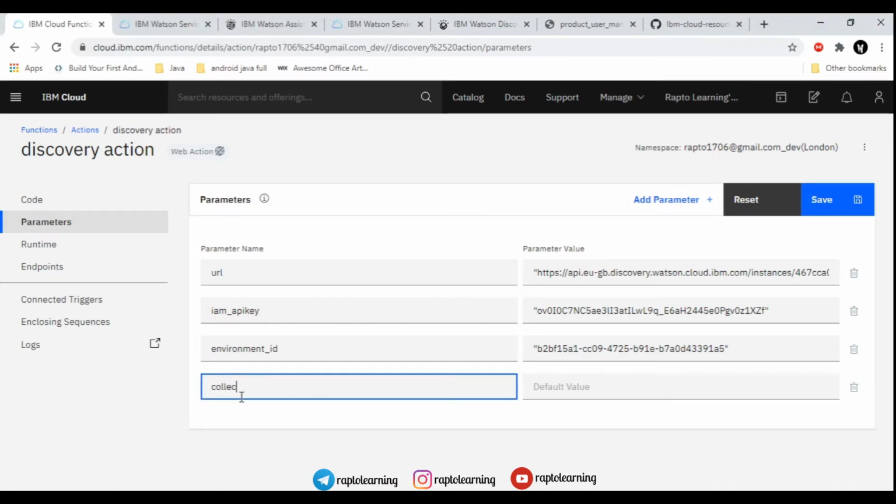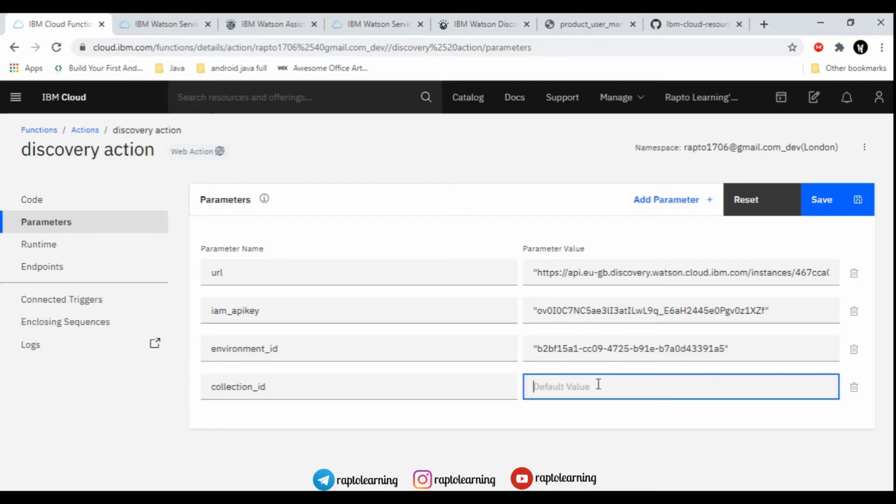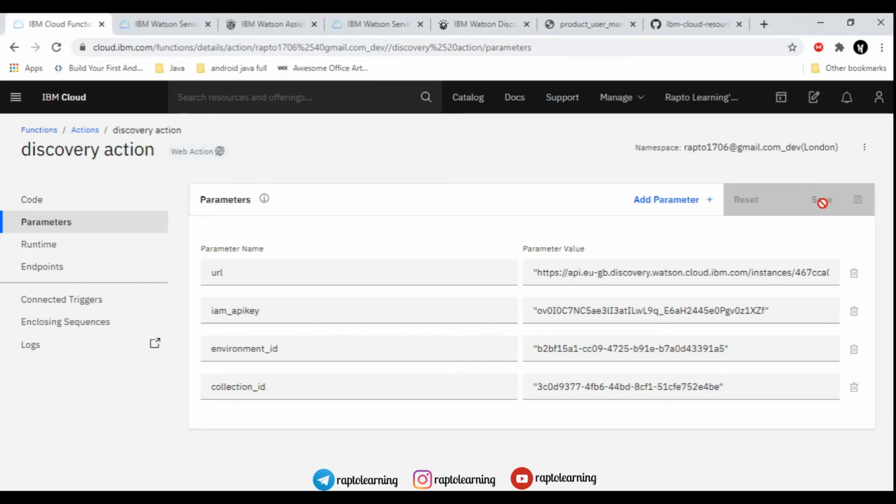We will also require one collection ID for that. So we will create another parameter, that is collection ID. As you have guessed, we have to go once again to the data, and here is our collection ID. We have to copy this collection ID and paste it here in quotation marks. Don't forget this, it is very important and a very silly mistake developers make. So just save all these configurations while you are adding the environment parameters. So we have added the 4 parameters for this, and we will be needing all of them.